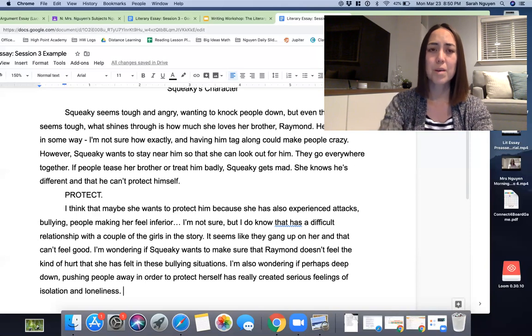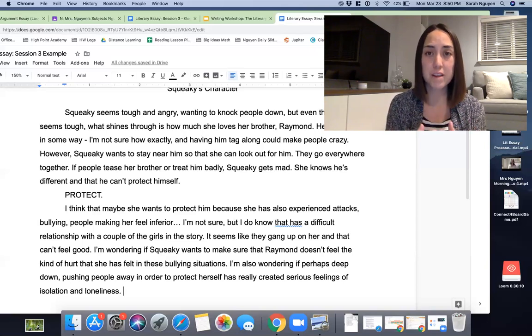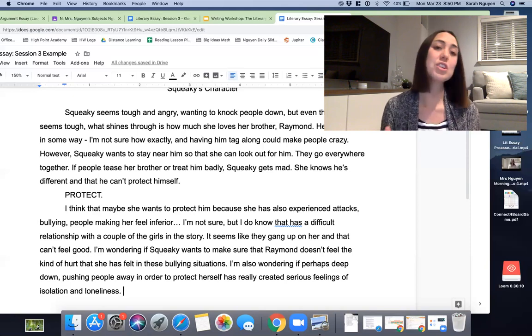And so I'm going to stop right there for now. I'm kind of landing at a place where I feel like her motivation, the thing that's driving her to act this way and be this way, is wanting to protect, and maybe deep down it's serious feelings of loneliness. And maybe she wants to keep her brother from experiencing the pain and the loneliness that she's been feeling. Again, just a theory. I need evidence eventually to back this up, but this is just me taking a stab